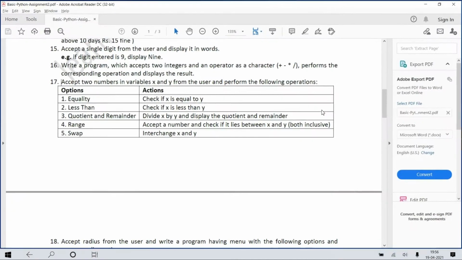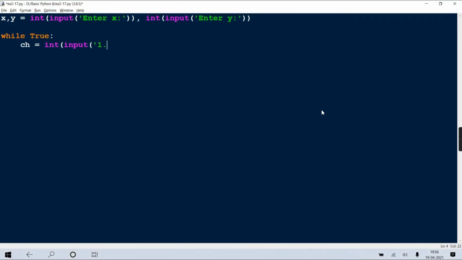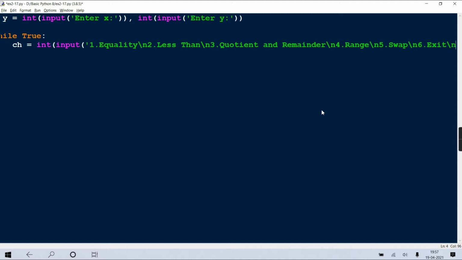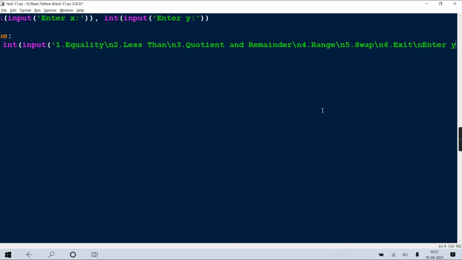First option given is equality, less than, greater than, slash, and second, slash, and third, quotient and remainder, slash, and fourth, range, 5, swap, sixth, exit, and last, enter your